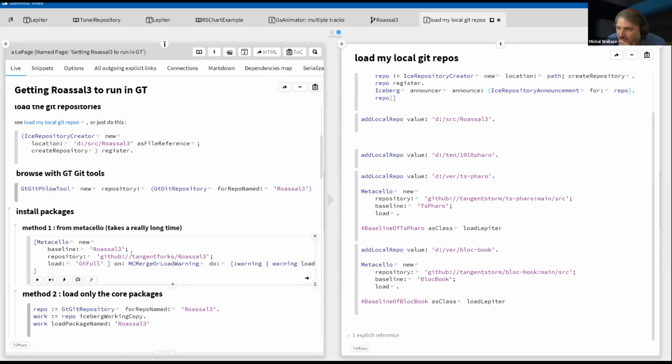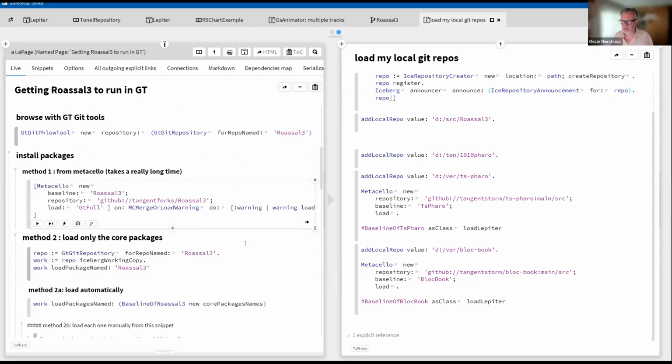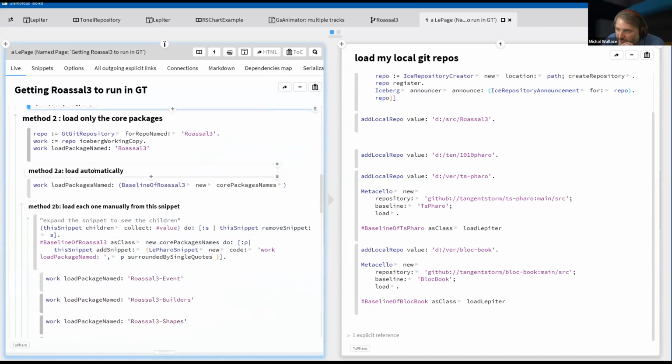This might take a really, really long time. Really? I did it the other day and it wasn't so bad. I've seen it happen in like 2 minutes, and I've seen it happen where, while I was debugging it, it just stopped and didn't work forever. But even yesterday, after I got it working, it seemed to take a long time. GTfull loads all the examples, and there are many, many examples. And so what I had done instead was to,